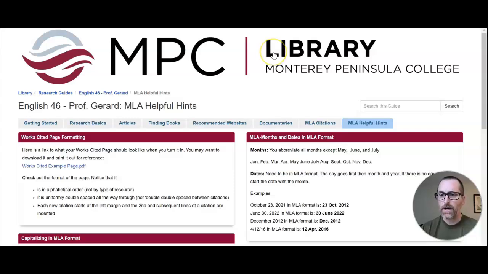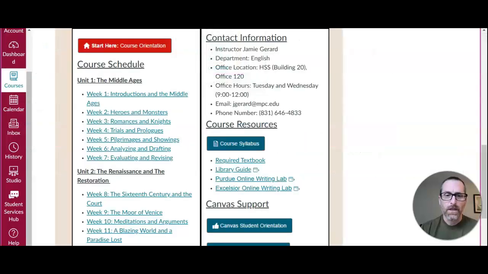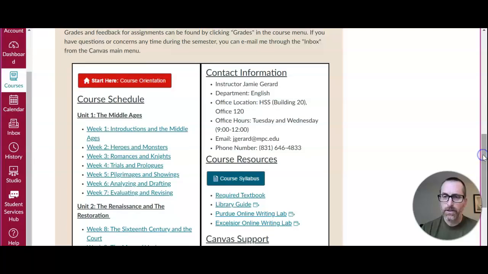So check it out. Of course, this thing will be linked. This library guide will be linked in various other places during the semester, but you always have access to it on our course home site. So if we take a look back at the course home site, just to finish up here on the right-hand side,